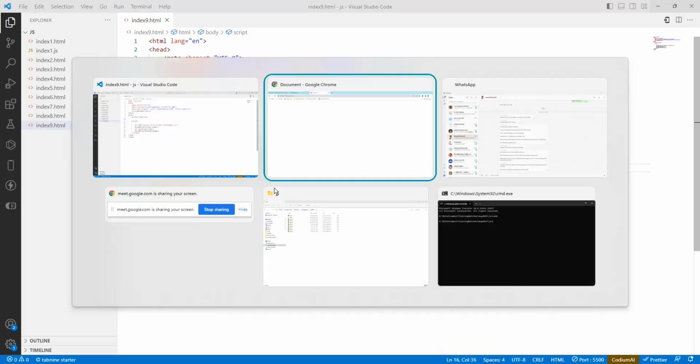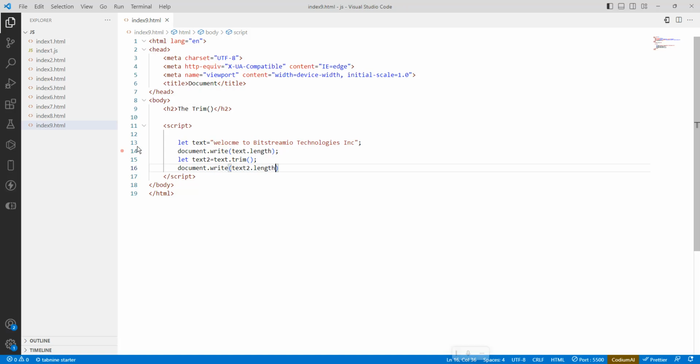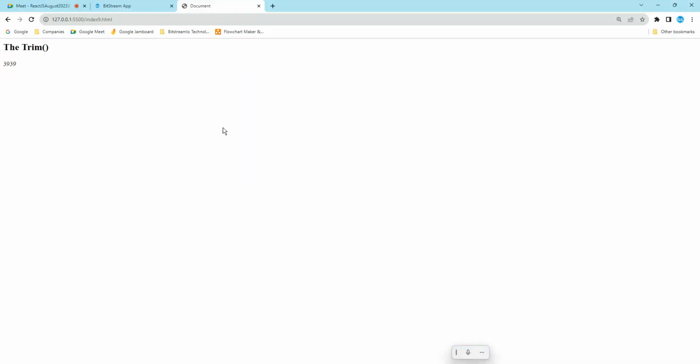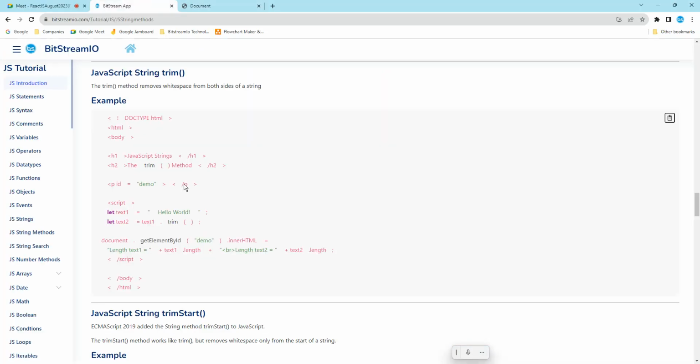Save it, run it. Yeah, so what is happening here? You are finding the same output because the text is inside double quotes. Just see the example here: same thing, the hello word is taken and all. So if you see the length